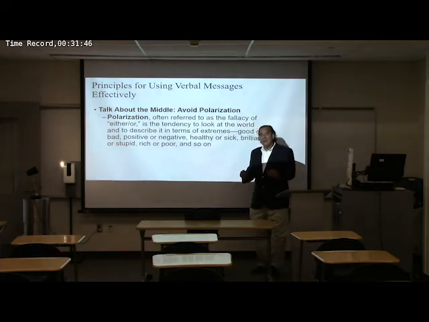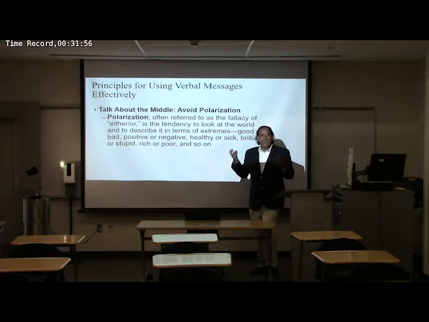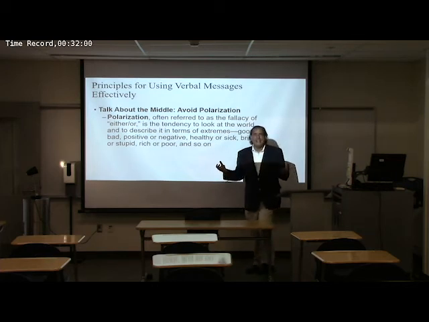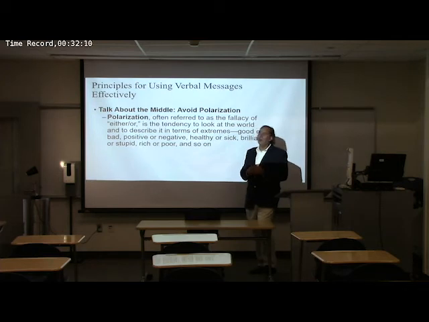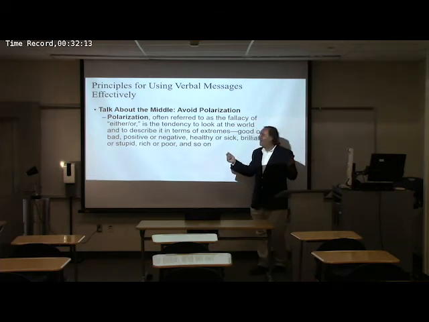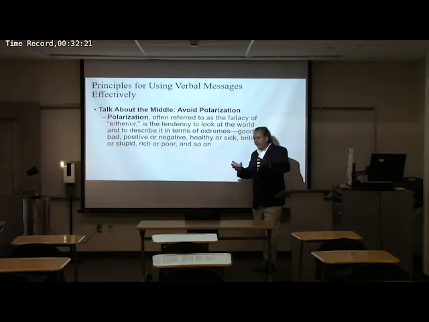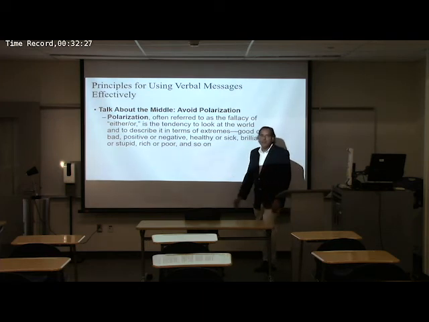And with polarization, we all know that the world is not black or white. The either-or fallacy, the black-white fallacy, right? We don't see things in complete and different boxes. There's no situation, except for obvious examples, like black or white, where we have complete opposites and everything falls within one particular category or another. I mean, even with black or white, we can say shades of gray, right? So we have a tendency to describe the world in terms of extremes, because this helps our mental categories. We can say this is far away from me, this is close to me. The further we push things away, the easier it is for us to mentally categorize them.